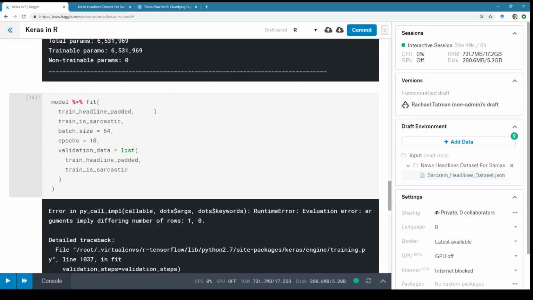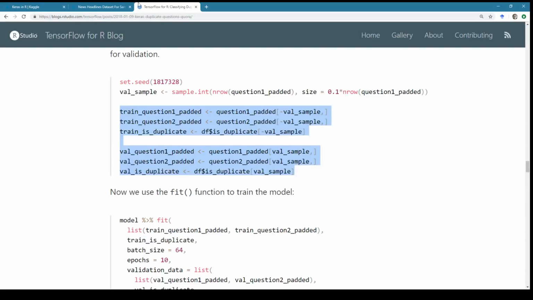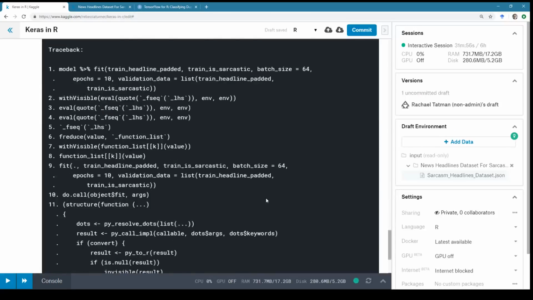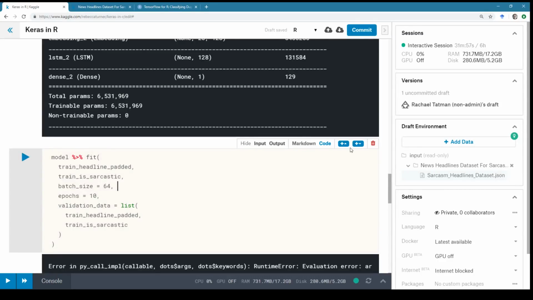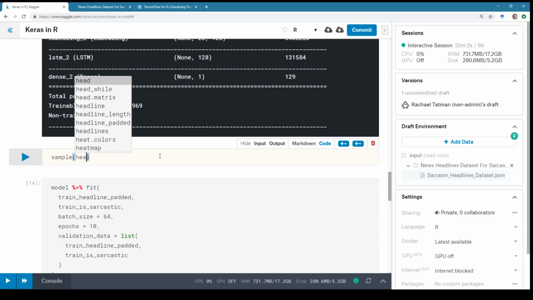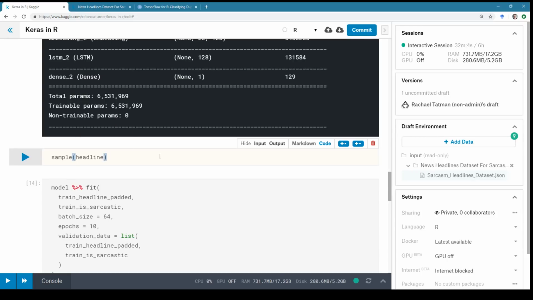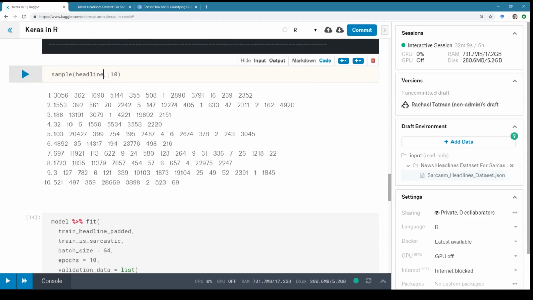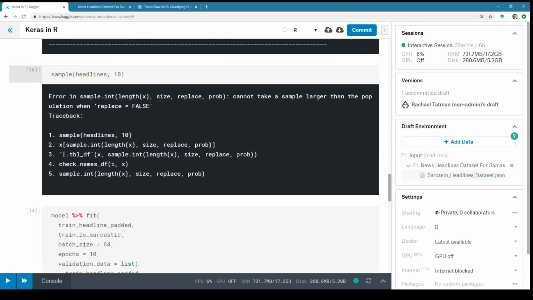So, all right, well, actually, first let's look up just a couple of these headlines. I think it was just called headline, and then let's take 10. Oh, I think headlines was the actual data frame.